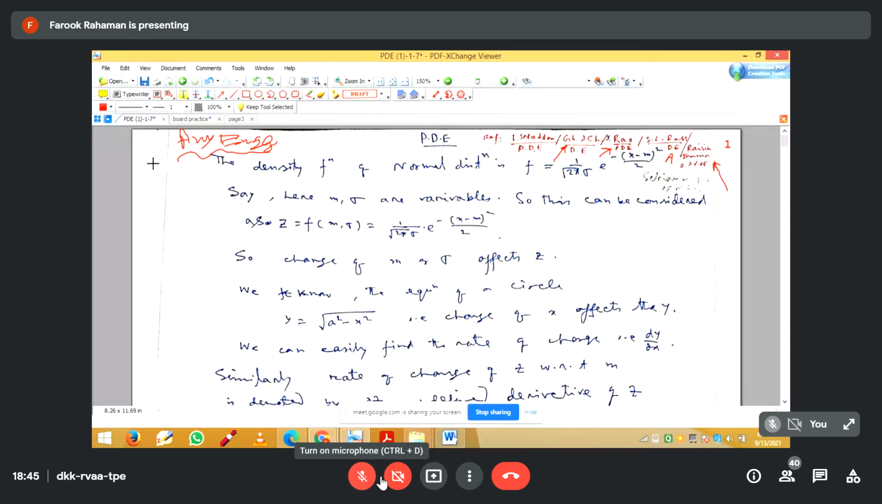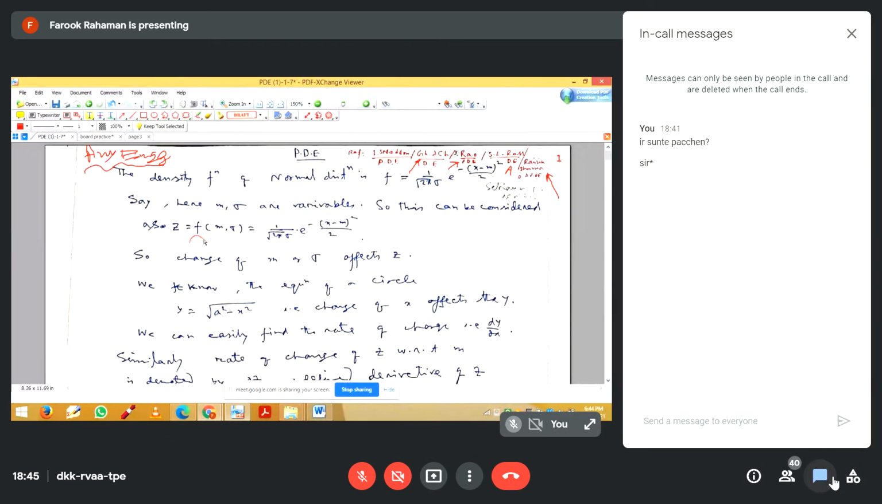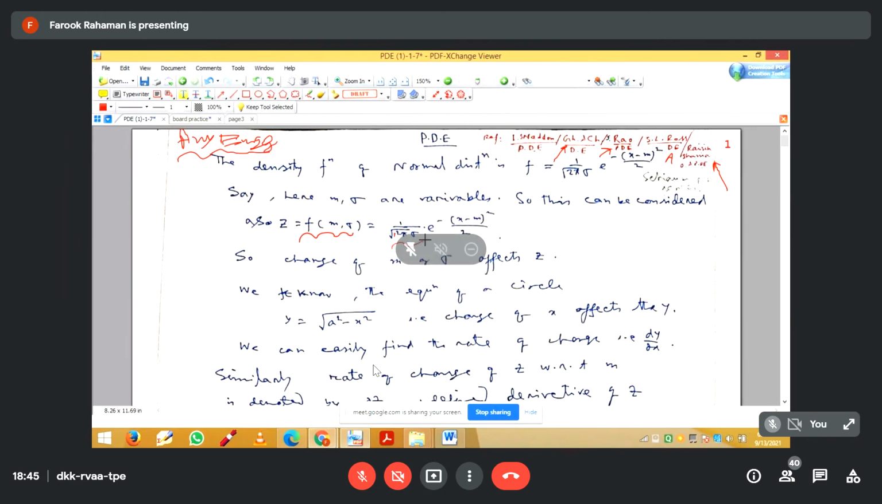Suppose there is a function, let's write the standard function, a function of m and sigma, which is defined by this. You can see that this function z is a function of two variables: one is variable m, and another variable is sigma. And if we change only the m part, keeping sigma fixed, then this function